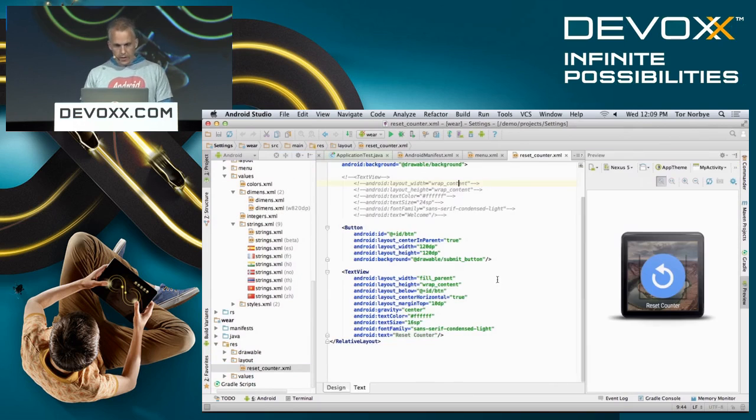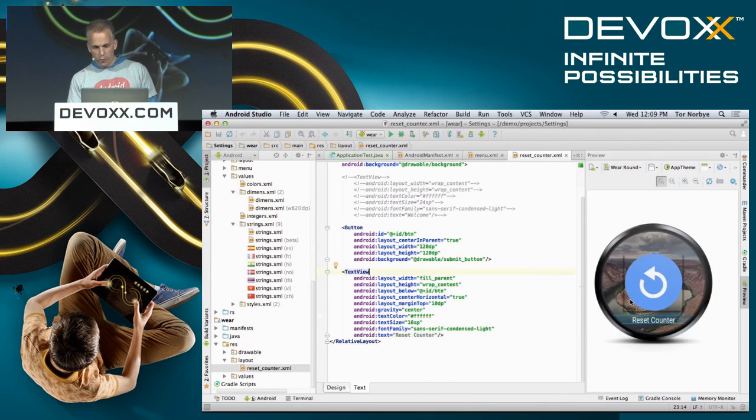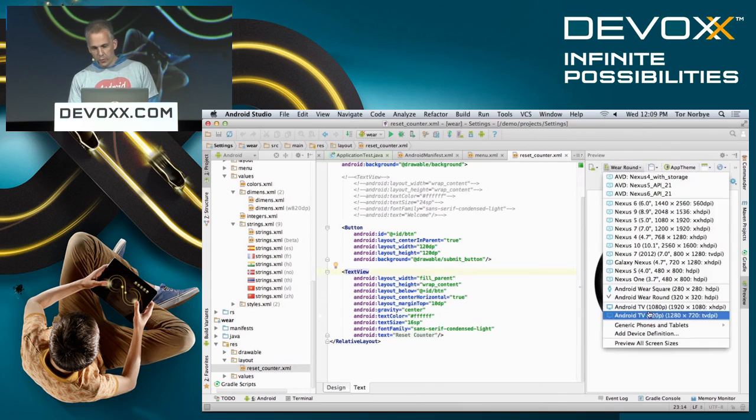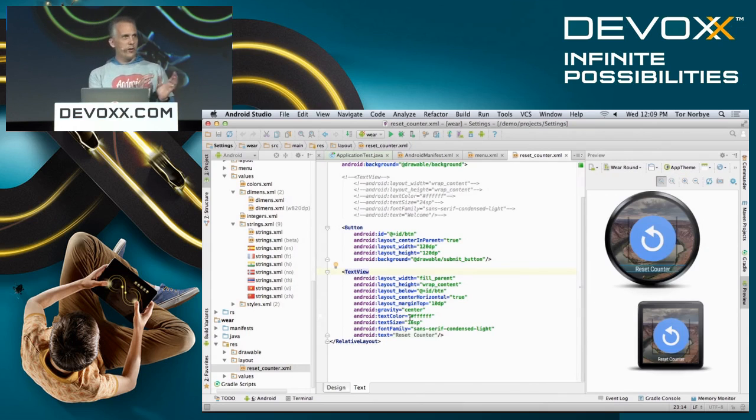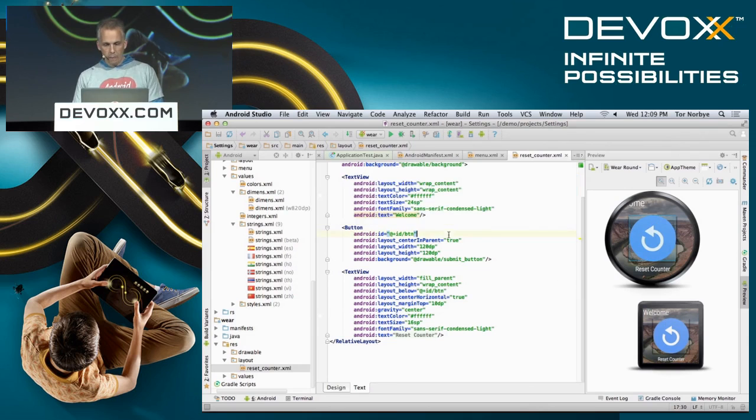Oh, there it is. Okay, so here you can see I have my layout, and I can view it with the square form factor, or I can view it with the round form factor, or I can do both, which is kind of handy because often it'll look good on one and not the other. So here, if I add a text field in the top left corner, which looks good on square, you can see this is not good for round at all. This gives you sort of a layout preview, but you probably want to actually test your app on an actual